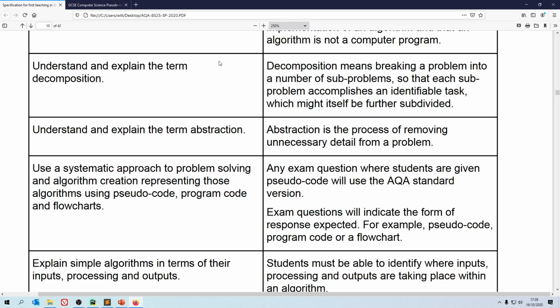What does abstraction mean? Typically it means that we are removing the unnecessary detail that isn't useful to us when we look at a problem. So a good example that people tend to use is a London tube map. The real tube map is really crazy, and the trains crisscross over each other 100 times and go all the way around weird routes to get to the stations. And that's very useful to you if you are designing a tube network. But if you just want to get from A to B on the tube, you don't need to know that,